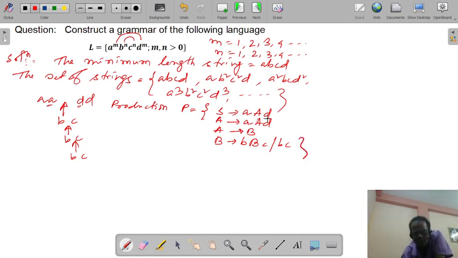S implies small a, capital A, small d, and A implies small a, capital A, small d. Capital A implies B, and B implies small b, capital B, small c, or bc. So first of all, we will insert AD in between AD. So as per the requirement of the number of A's and number of D's, then A needs to change to another variable B, and B implies small b, capital B, small c, or bc.